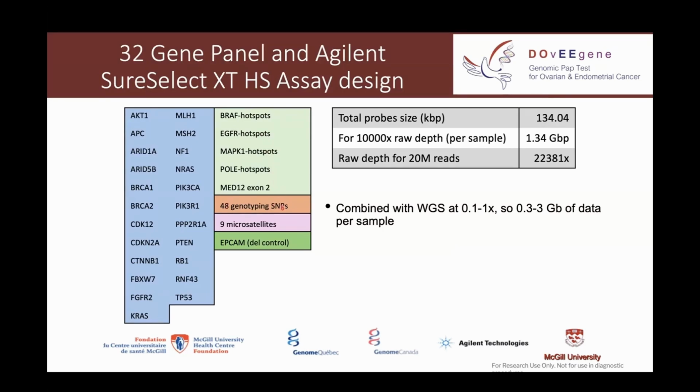We also capture 48 genotyping SNPs and microsatellites. I'm going to describe this towards the end of the presentation. The total capture region length is 134 kilobases, and we aim to get a coverage of at least 1,000 duplex reads,